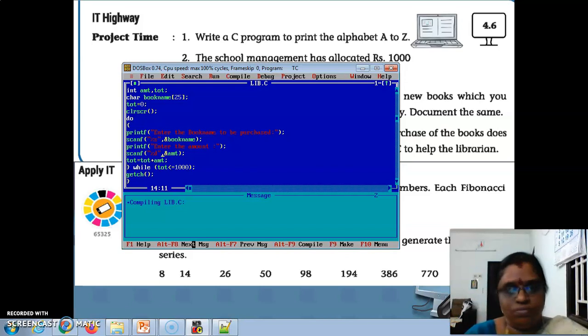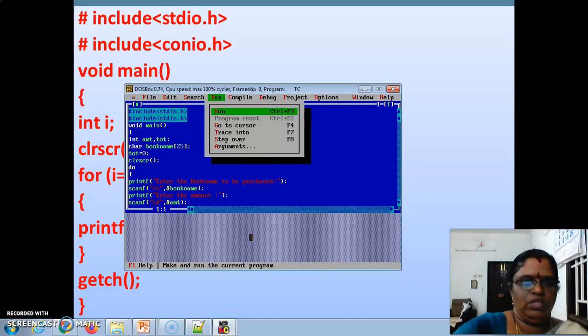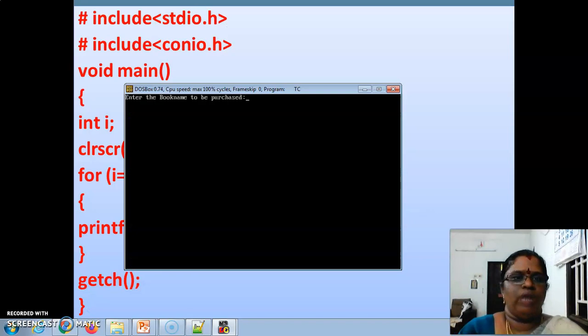Try to make the corrections, okay, so that it is called as debugging. If you are trying to make the corrections yourself, it will be very easy for you to do any programming language, okay. So I'm running it. I'm having C program book.